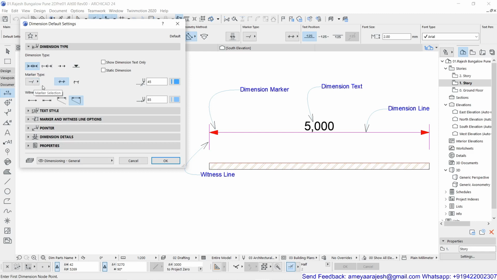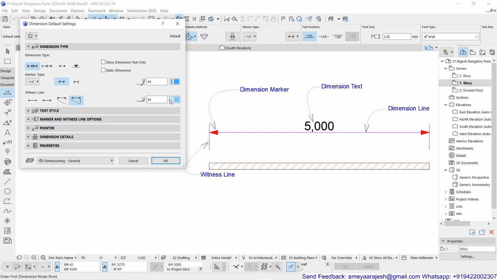So that was selected, and then whether the lines for the witness line. So remember, the witness line is the vertical segments, right? So these are the witness lines. Now the horizontal line is the dimension line. So this is supposed to be your dimension line. Okay, so this particular presentation number 85 is nothing but this particular dimension line, and this is supposed to be the arrow, that is the marker pane.